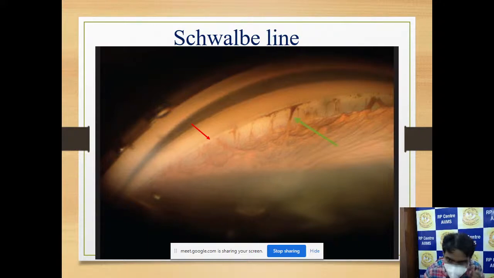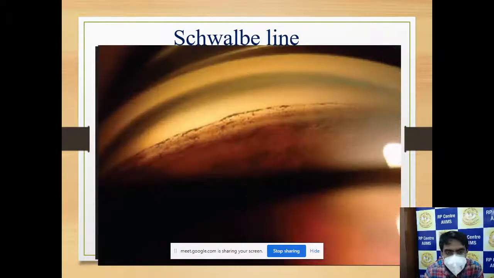You can see this is the picture of Axenfeld-Rieger syndrome, and this is the gonioscopy of a patient with pseudo-exfoliative syndrome. This is the pigmented line which is called Sampaolesi line, which is anterior to the trabecular meshwork. This is the abnormal pseudo-exfoliative material deposition at the angle, with a prominent abnormal material collection.